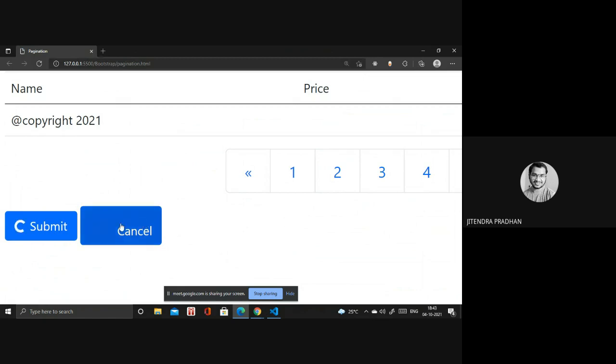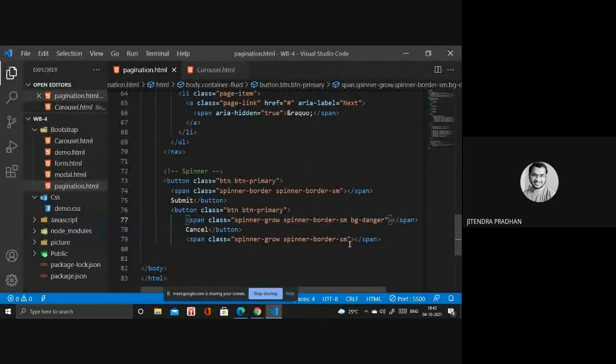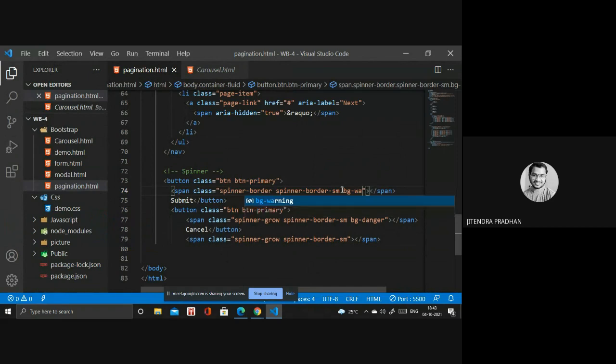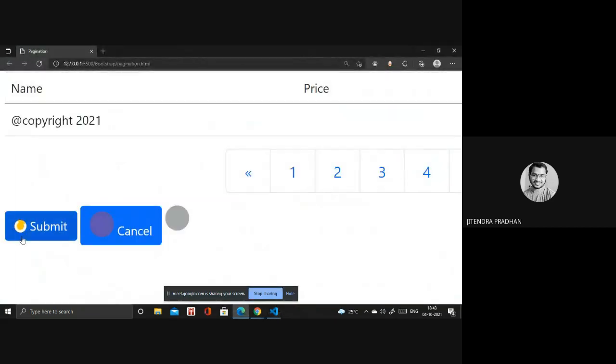Yeah, it's working fine. If I use another one, like bg info or gradient danger. We have warning. So it's moving like a button. Okay, this one is the grow item. These are the things you have to use when designing something.